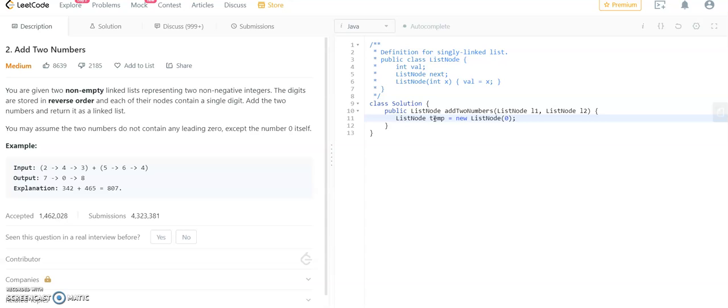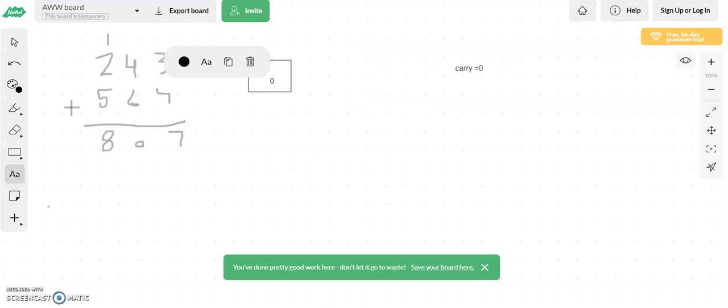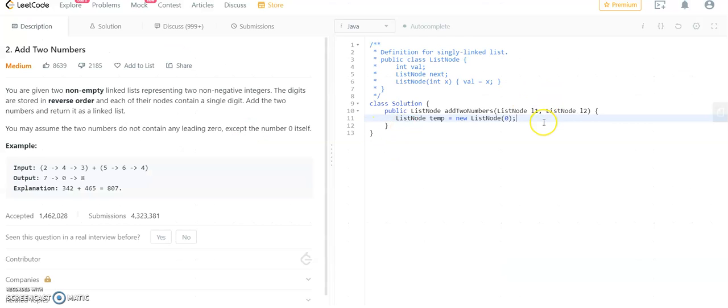So what we want to do next is, let's point a variable to temp. Let's name it as L3. We do this because we want to traverse the list node from 7 to 0 to 8. So L3 will be used for that. So let's create that. ListNode L3 will point to temp.